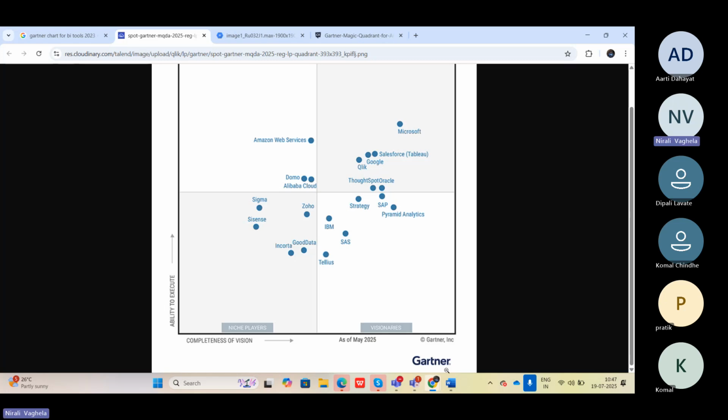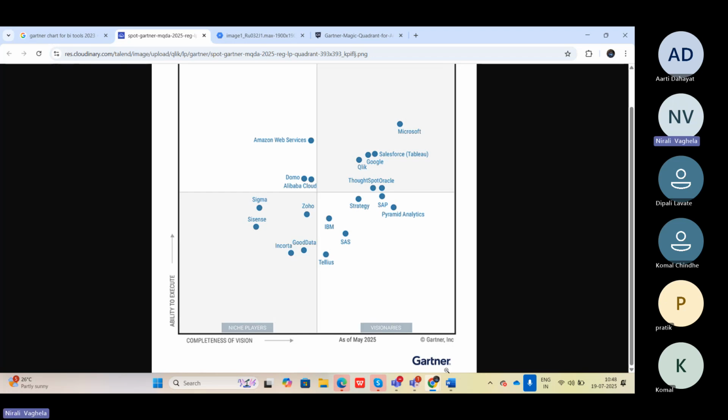Maybe after 3-4 years, let's say Power BI or Tableau became outdated. So what we have to do is always stick with the leaders category, which is the trending technology in the market that we have to check. On that only we have to learn and work, because that is how we will be sticking to the leaders category, or sticking to the trend.